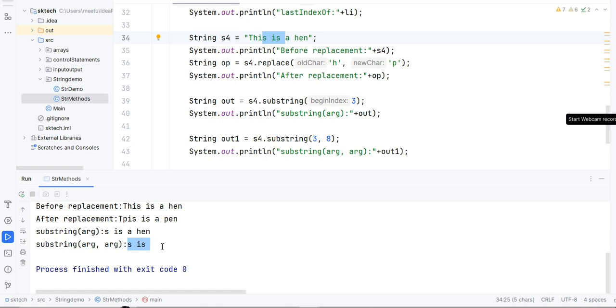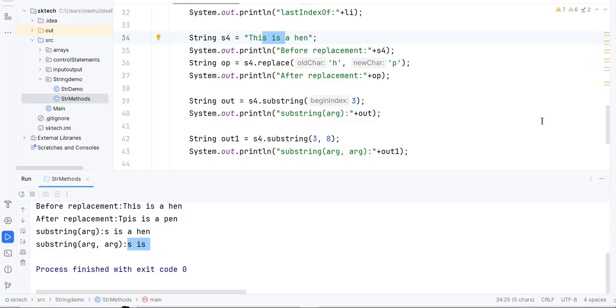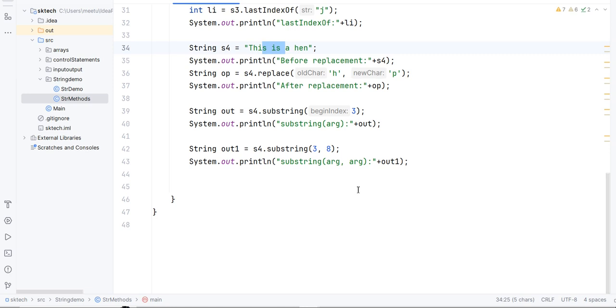So this is all about the substring method. This method is useful when we want to get some part from the main string. So let's see what are the next methods available in the string class. So this method we have already discussed, from position to position, and the next method is toLowerCase. So this method is useful if we want to make some string lowercase, if it is available in uppercase, or if it is already available in lowercase, it is not going to do any operations.